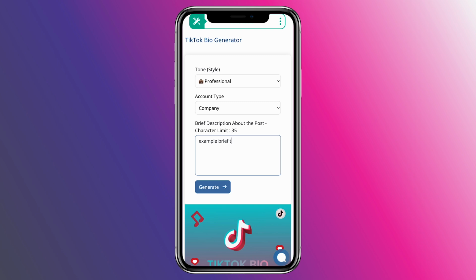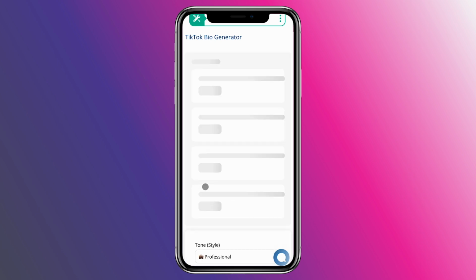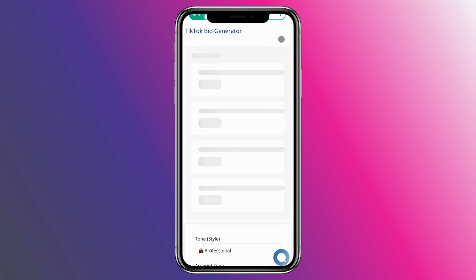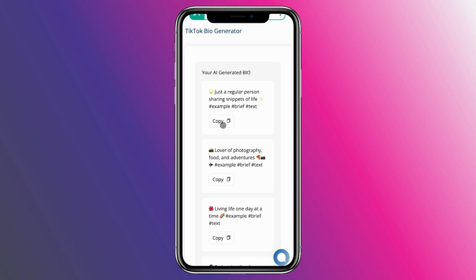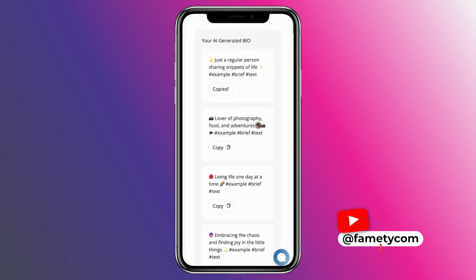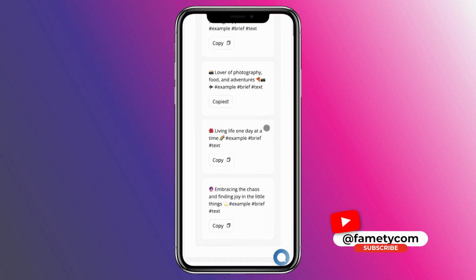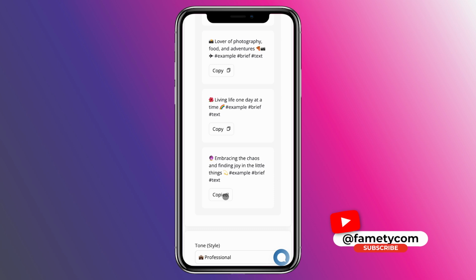Describe with a few words your TikTok profile. Click on the Generate button. The TikTok bios tailored to your preferences will be created in a few seconds. And that's it. Grab the attention of users and reach users quickly by creating a more optimized profile with our